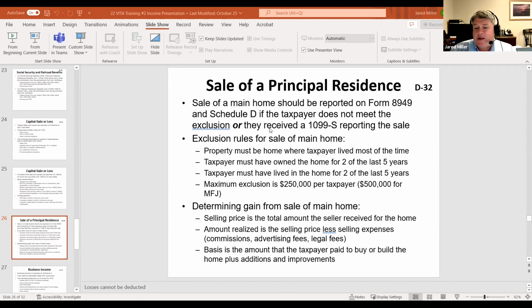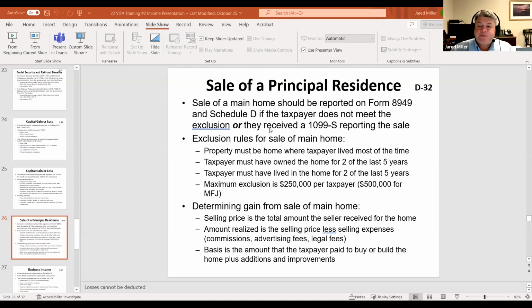Now, what we're going to take a look at is that the exclusion is $250,000 per taxpayer. What's great about this process is, if we know that they've lived in the home for 2 of the 5 years, they've owned the home for 2 of the 5 years, and they sold their home for $240,000, guess what? There's no tax at all on the home. $250,000 exclusion. If they bought their home for $100,000 and they sell it for $340,000, again, no tax on the home, because we subtract the $100,000 cost from the $340,000, and we're under the $250,000, no problem. If they are married filing jointly, it goes up to $500,000. So we should be in pretty good shape for most people, as long as they meet the sale of principal residence definition.